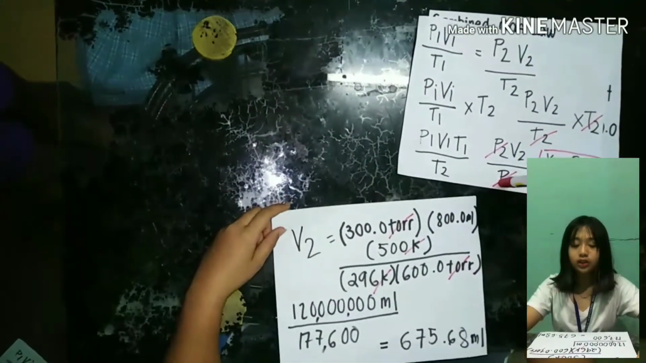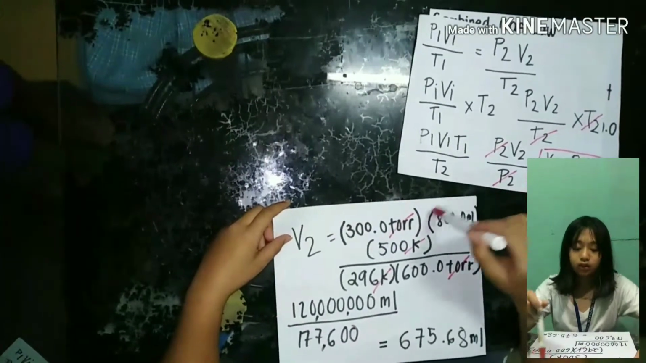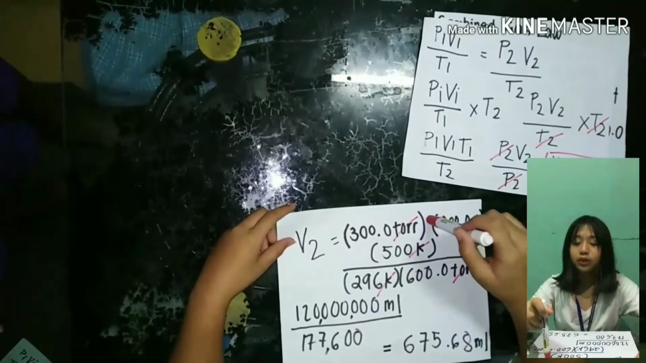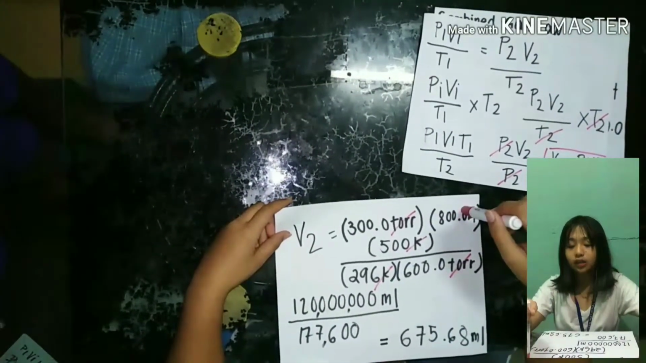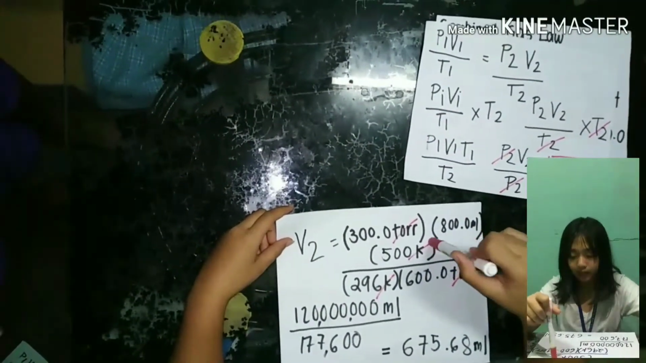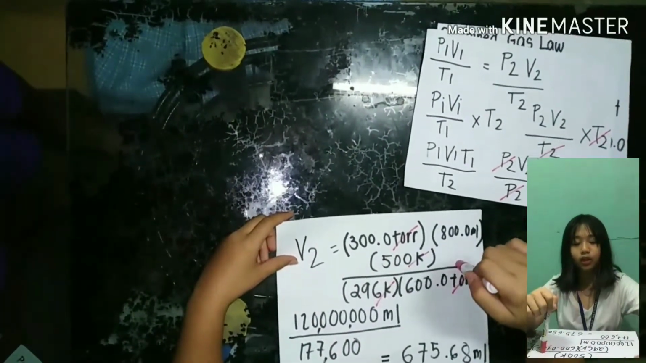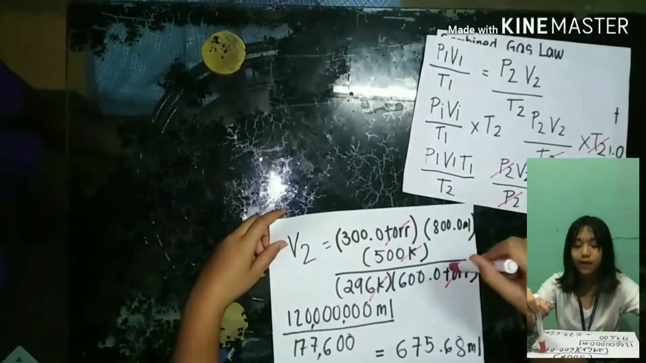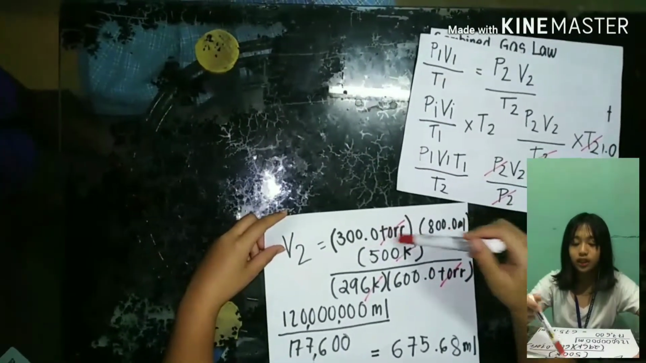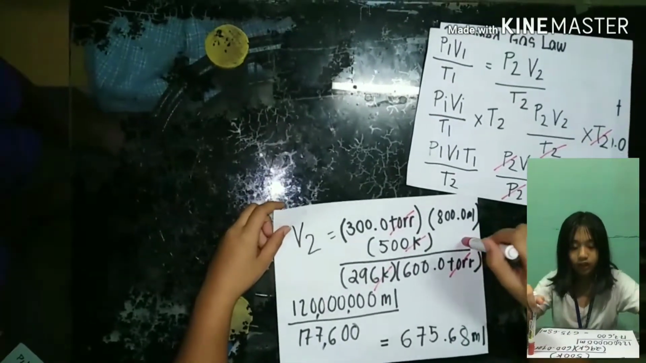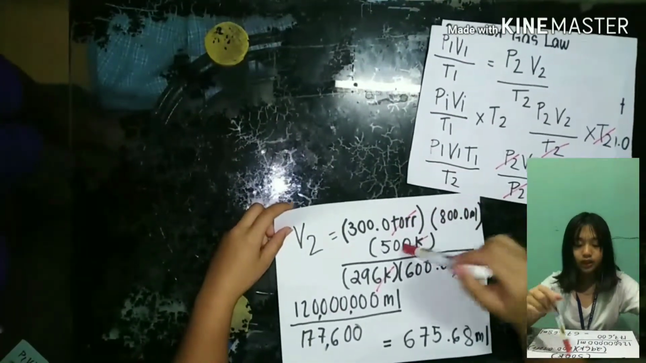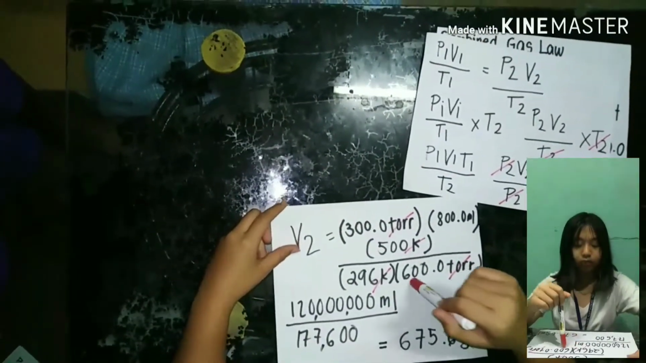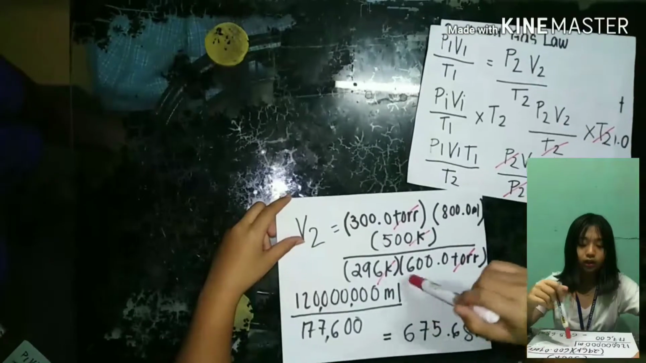For us to answer the question, let's transpose the given to the formula. B2 is equal to 300.0 torricelli multiplied by 800.0 milliliters multiplied by 500 Kelvin divided by 296 Kelvin multiplied by 600.0 torricelli. Then cancel out torricelli and Kelvin. We multiply the given first at the numerator, then we end up with 120 million milliliters